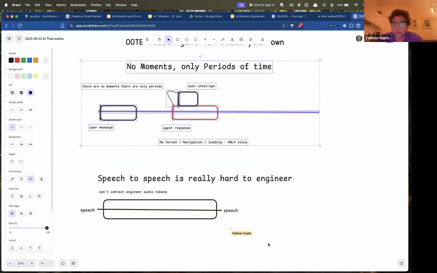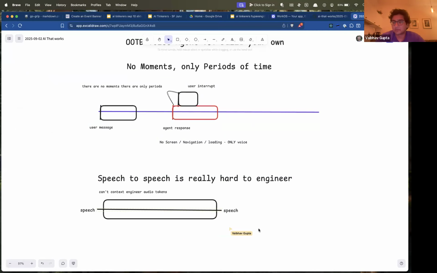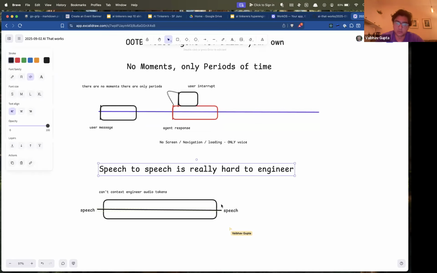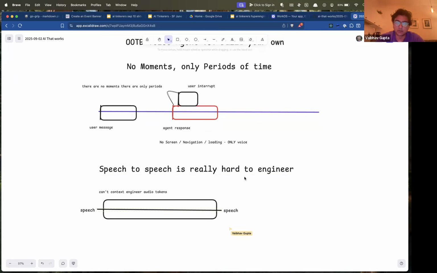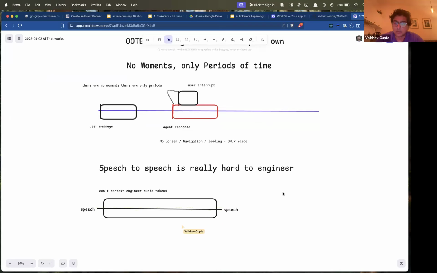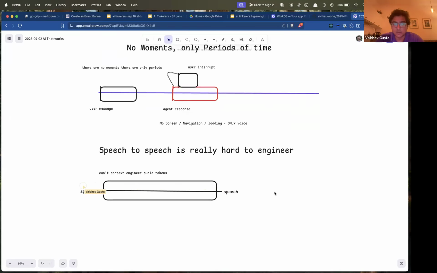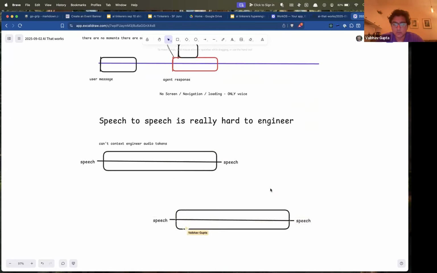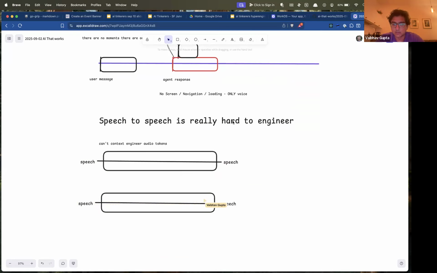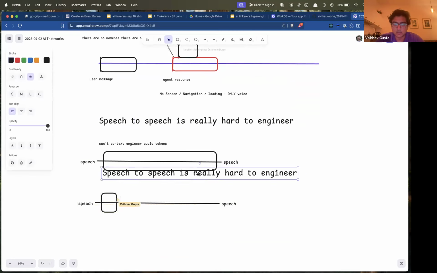I would wait for someone else to build this out first and prove that it works before you spend your time doing this, is the way I would describe this. What I would do instead is we still want to have speech in, speech out, but we're just going to break down this process and simply